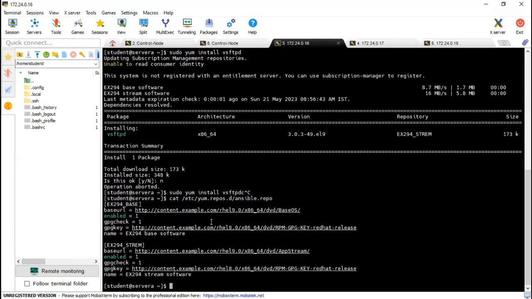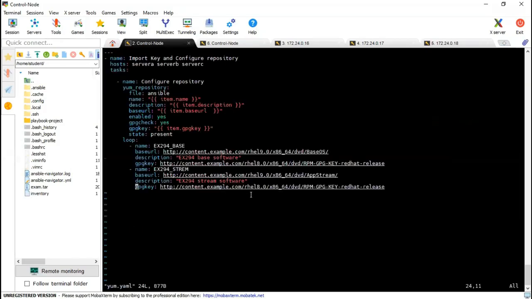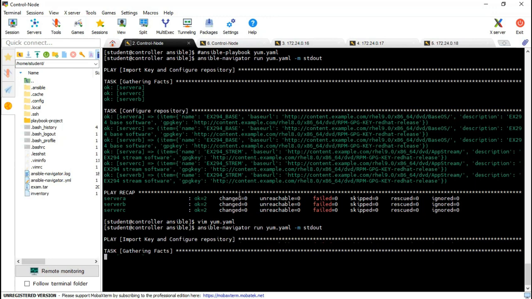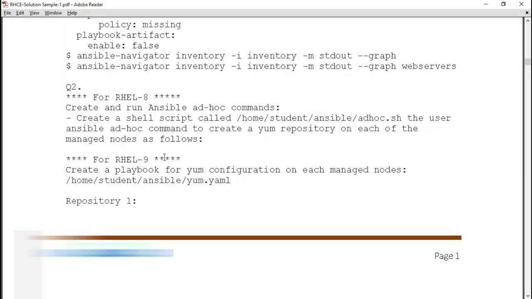Okay. See, we did some typo there. Just use the correct path as per the exam. In my case, I understand because I'm typing it here manually, but in the exam, just go with the correct path. It's 9.0, not 8.0. Right, so we need to create it on each managed host.